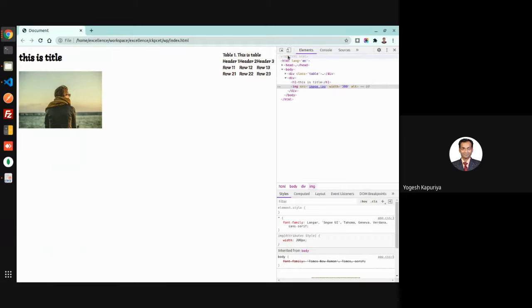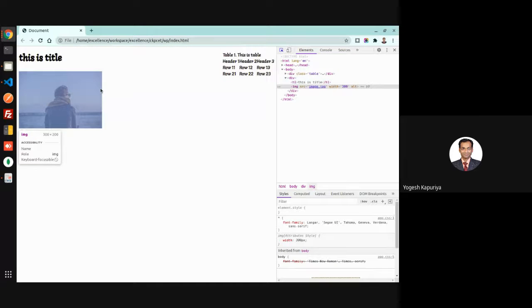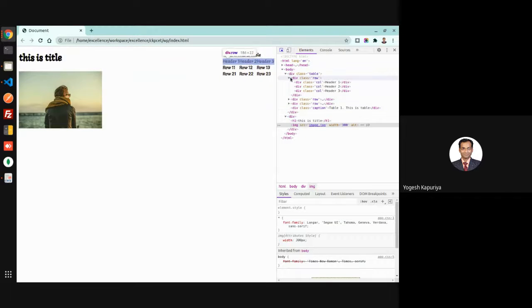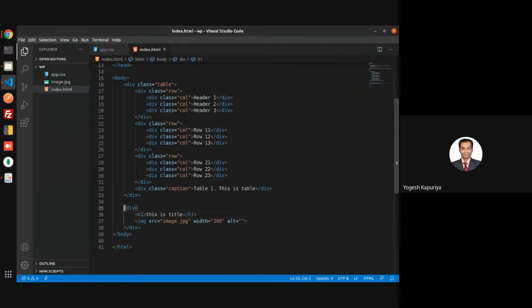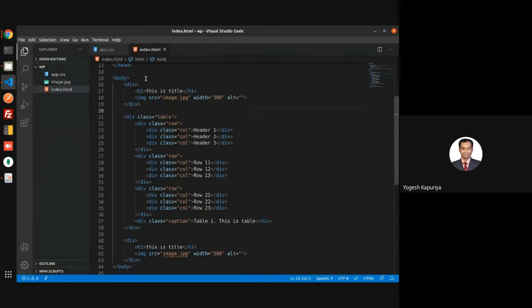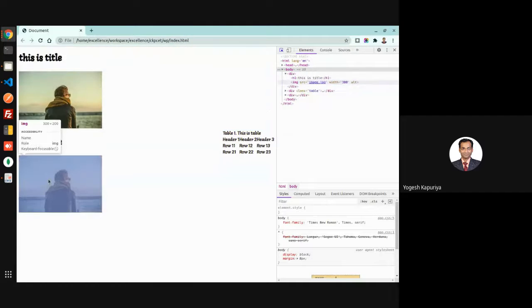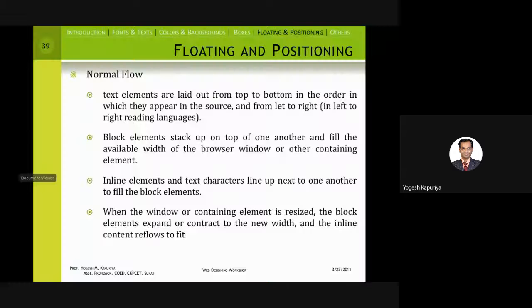That will be more clear. So this is 100%. So now you can see that this title is there, image is also there, but now your table is actually outside the actual flow of content. Wherever you write it, if you write table over here or anywhere, it will not actually come into the regular flow of content when you have the float property as right. So this is how you control the exceptions.